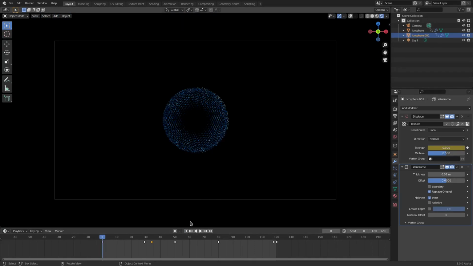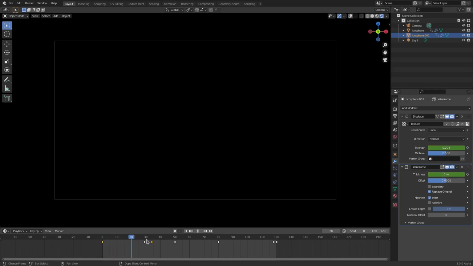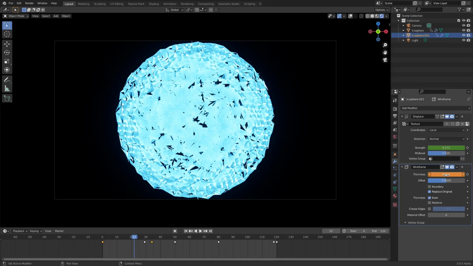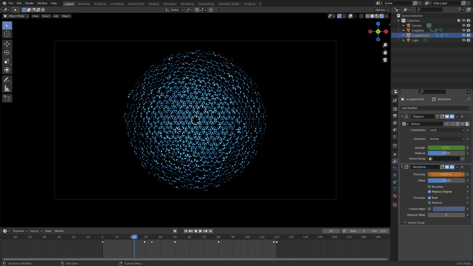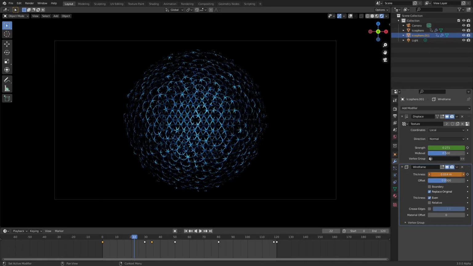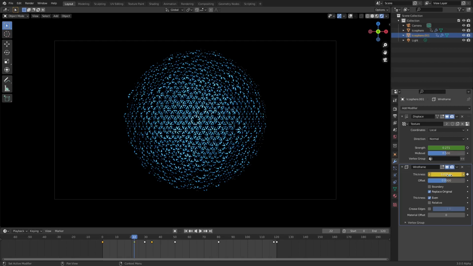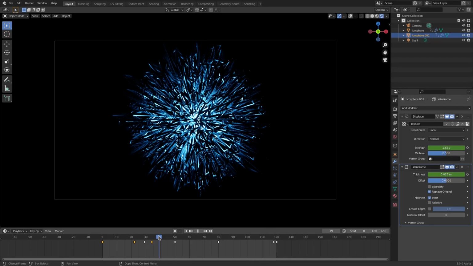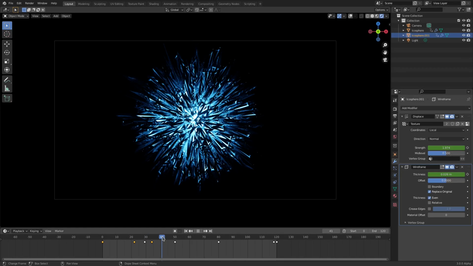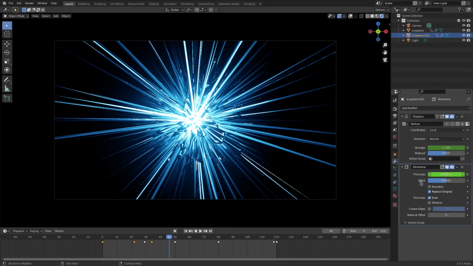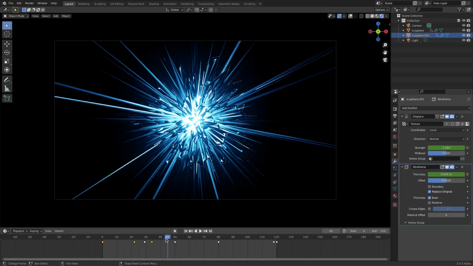So let's go ahead and start animating this. I want to turn the thickness all the way down to, you guessed it, 0. So hit I on that right there. And then at about maybe frame 22, we'll put it back on 0.02, sorry, not 0.2. Like that, hit I, and then when it comes together like this, around maybe 30 or 40-ish, we can change, oh, maybe 40 like this, 45.